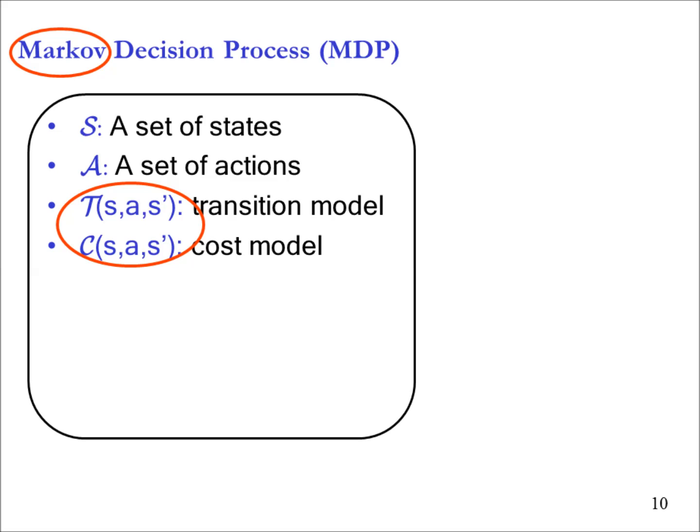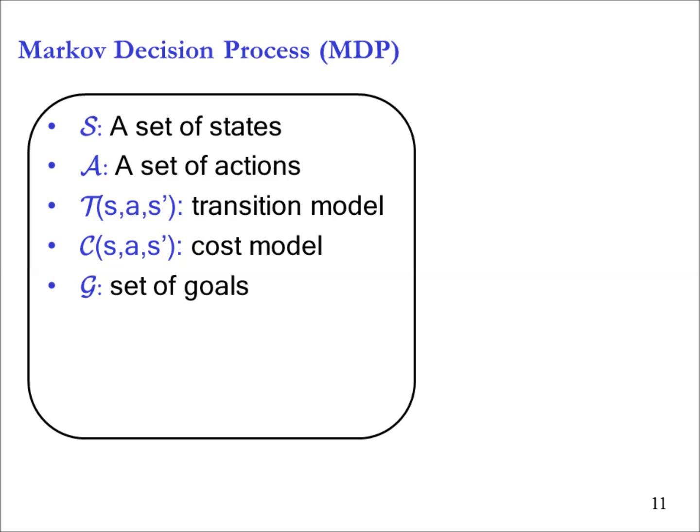Now notice why we call it a Markov decision process. We call it a Markov decision process because all the transitions and costs depend only on the current state and what's going to happen in the future. And it doesn't matter how I reached this state. That's the Markov assumption. The Markov assumption says it doesn't matter what path you took, as long as you finally reach this state, what's going to happen to you in the future depends only on your current state of affairs. That's the Markov assumption, or that is the first order Markov assumption. Then I have a set of goals as usual, and then I may have a start state.